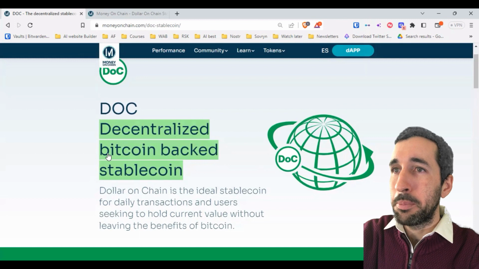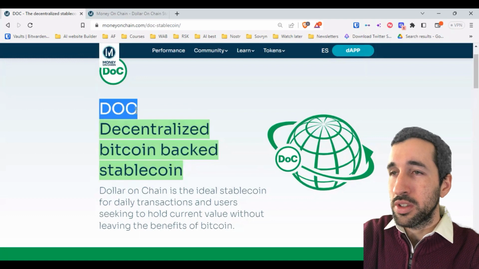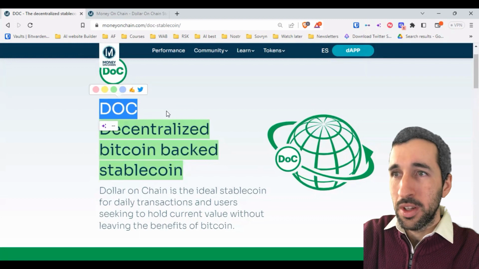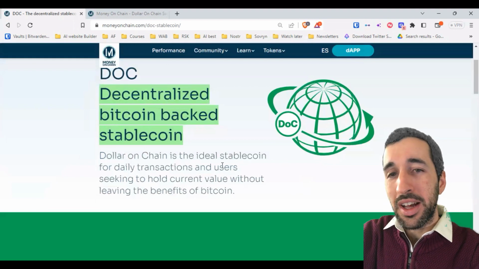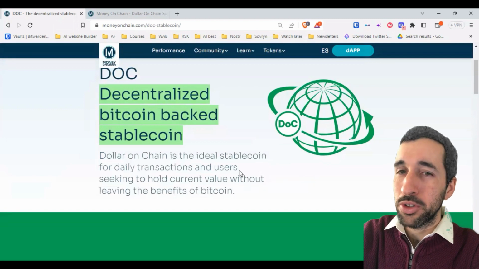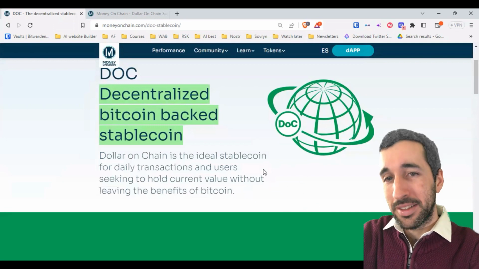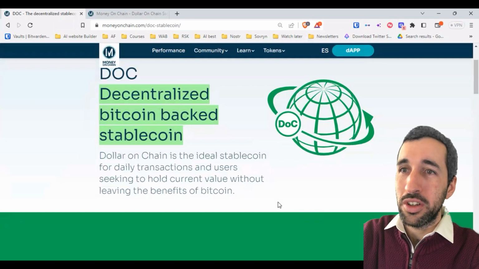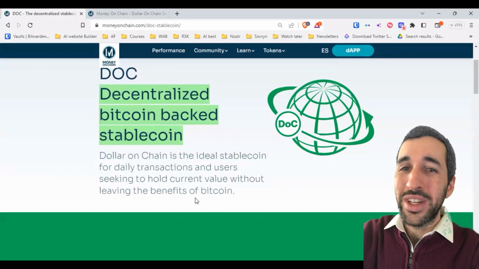All right, so it's Bitcoin-backed. This means that the collateral that Dollar on Chain uses is Bitcoin itself. So what we're doing when we mint DOC is that we are putting $1 worth of Bitcoin into the Money on Chain protocol, and the protocol is giving us $1. And at any time we can go back, put back the Dollar on Chain token and get $1 worth of Bitcoin out. So we can very easily, in 2 seconds, either mint DOC or redeem our DOC and get